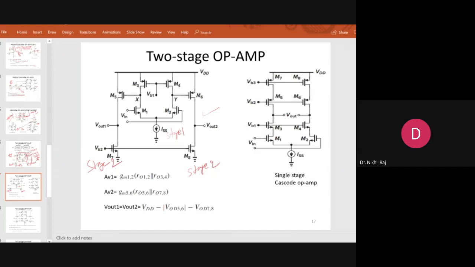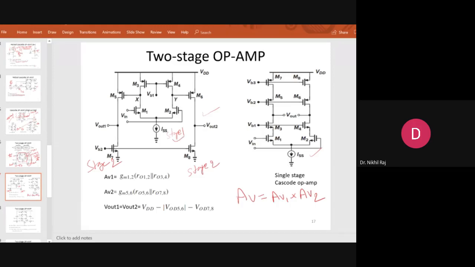So what I will do here, now I know what is to be done for improving the gain: cascading. Like here, a single stage cascade is there. So one minute, this is two stage. Right now we are doing the calculation of the gain of this two stage op amp. For a single stage we know how to do it. Now for the two stage calculation, since it is a two stage amplifier, the total overall gain will be equal to AV1 into AV2, that we already know, because we have done it in the analog electronics course.